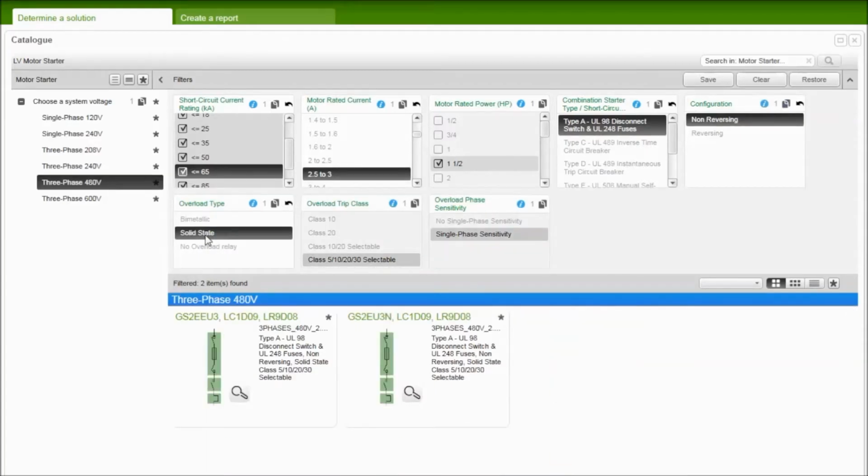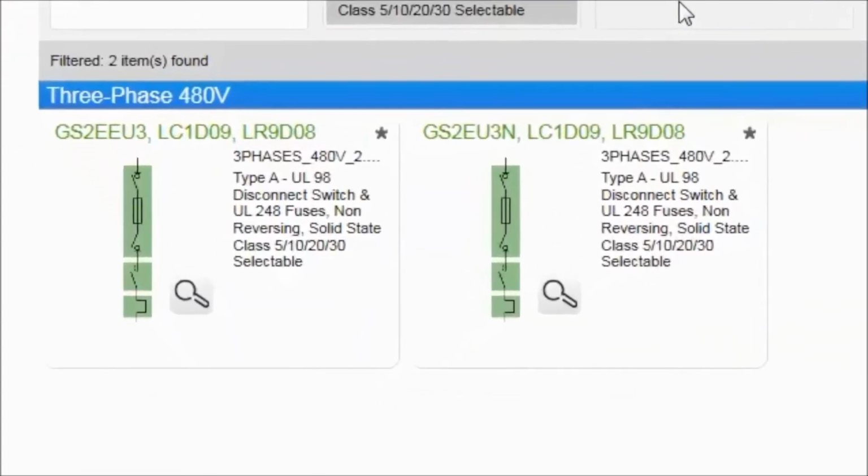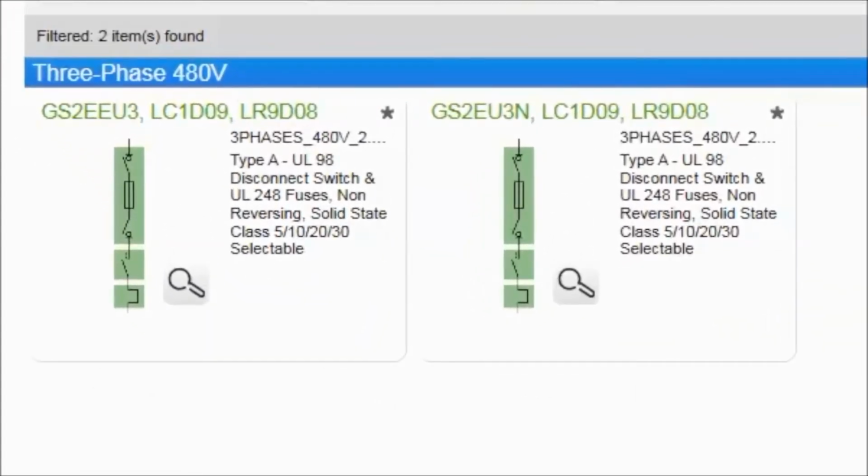You can see the last two filters have been automatically selected as class 5, 10, 20, 30 selectable because that's the only option available for that solid state overload relay, as well for the single phase sensitivity. The selection of the solid state overload relay has limited my choices down to just two options. The only differences between the two that I can see from the green part numbers is the GS2EE-U3 versus a